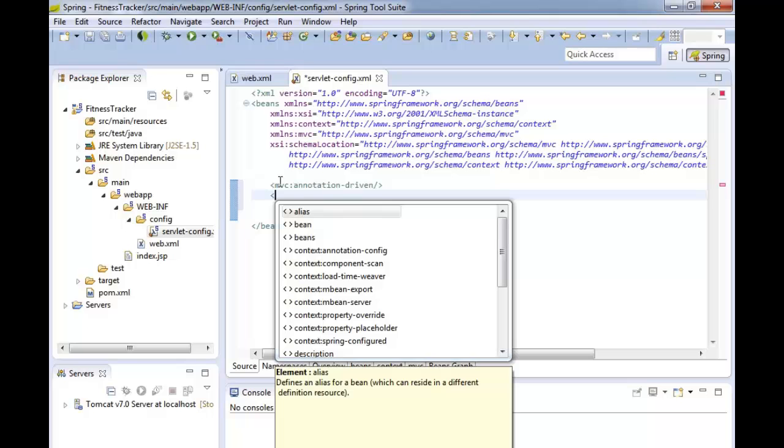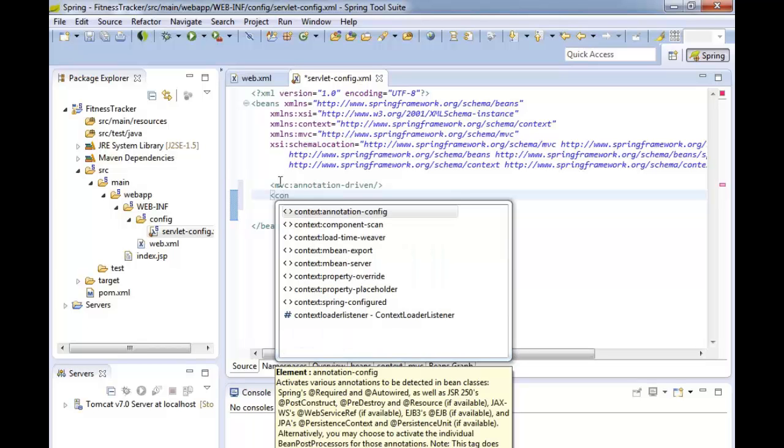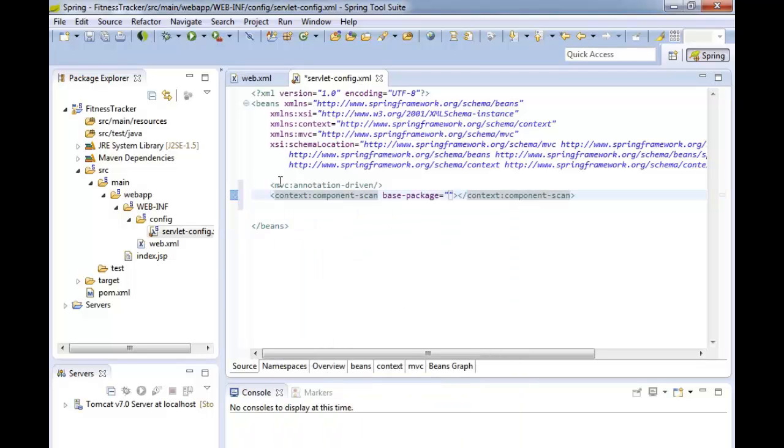Now the MVC annotation driven just means, hey, we're going to use annotations to configure our application, which we're going to. Now the next one I'm going to do is context, and I'm going to do component scan. Now component scan says, hey, where should we start looking for annotations at? Well, if you remember, when we created our project, we decided we were going to name our package. Now, you could have named it something different, but we created ours and called it